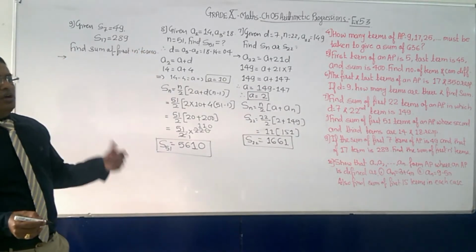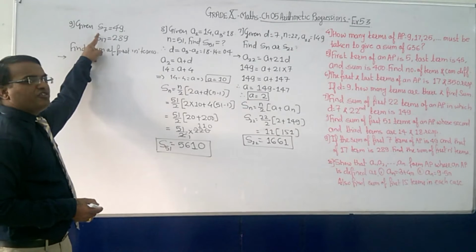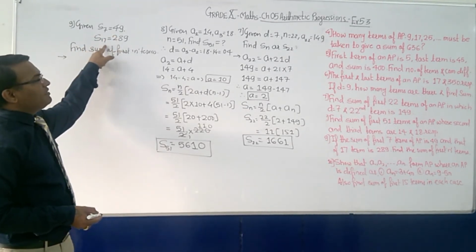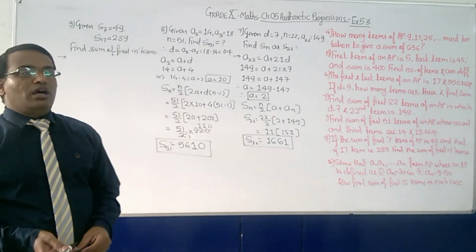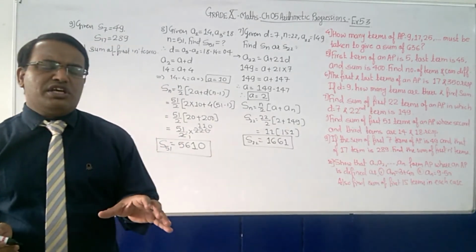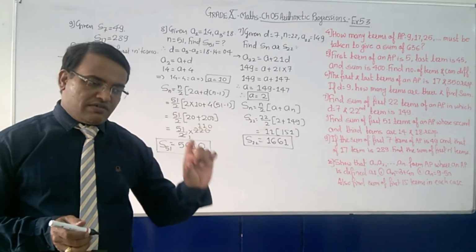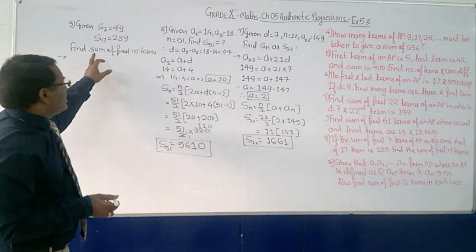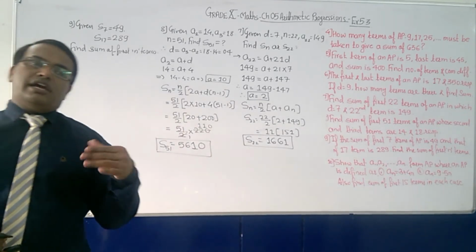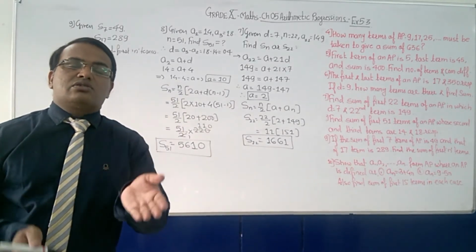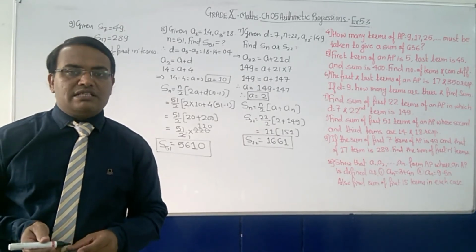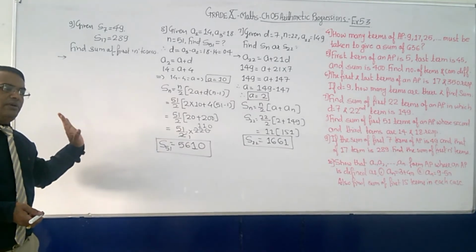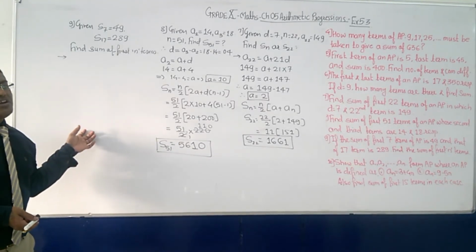Now, how to find out? If you observe, the sum of the first 7 terms is 49 and the sum of the first 17 terms is 289. Is it somewhat strange? Sum of the first 7 terms is 49, meaning the number of terms squared. The sum of 17 terms is 289, which is again the square of the number of terms, 17. So it is quite easy. What will be the sum of n terms? It will be n square. But here we have to find it out.